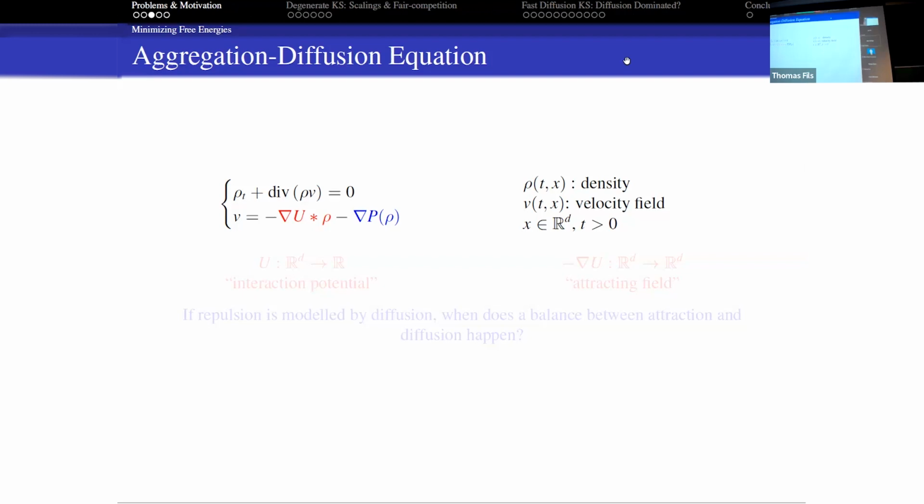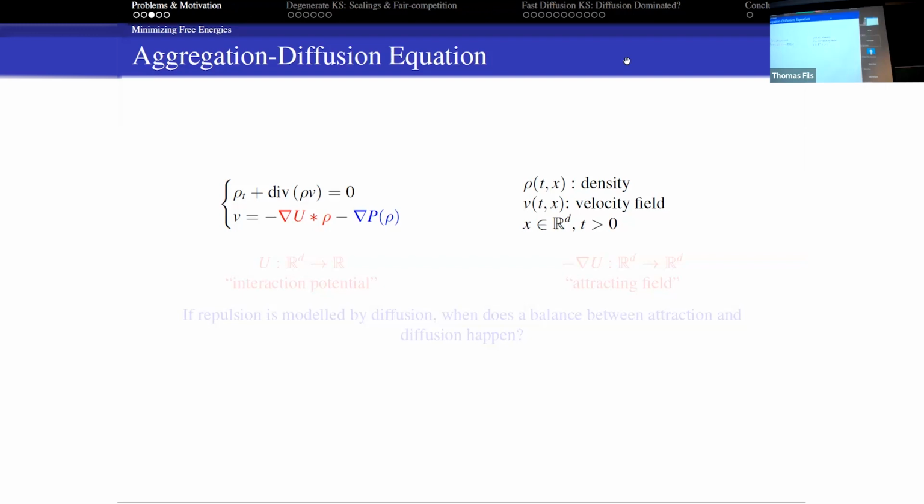So the idea is simple. Let's assume that you have a potential U that depends only on the radius, and think about the potential that has that shape. With the signs that I chose, if the radial potential, as a function of the radius, is decreasing, it is repelling. The particles at that distance will repel each other. While if it's increasing, the particles at that distance will be attracting each other. So what it means is that this potential is repelling at short distances and attracting at longer distances. And you can think of a very strong repulsion at zero